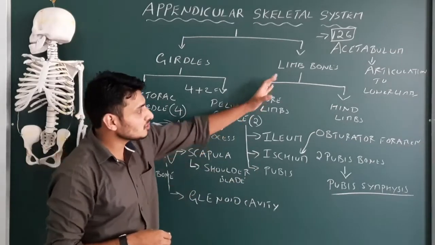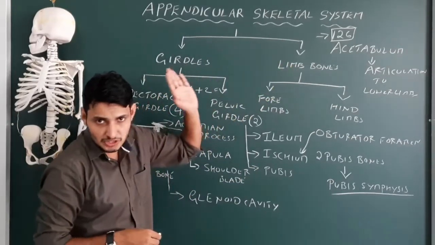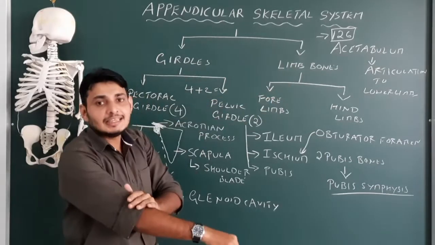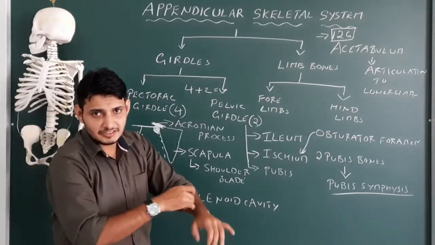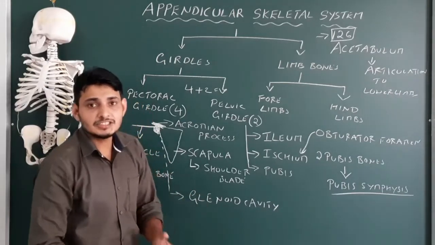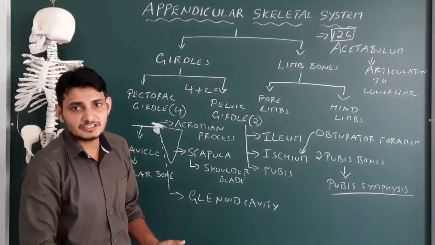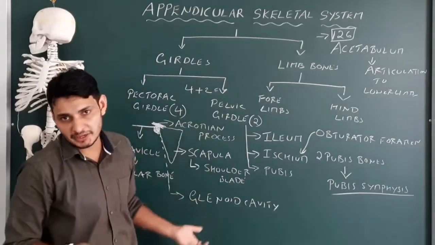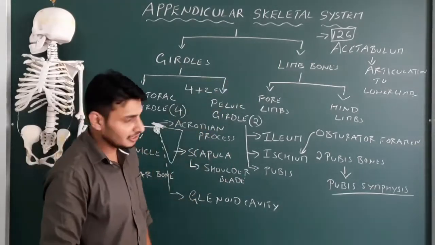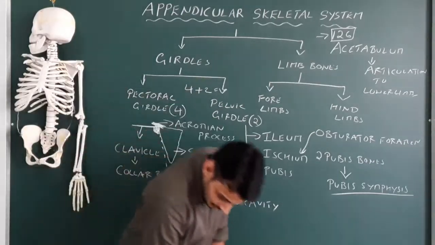Okay, so let us just discuss the structure of the limb bones. That is 30 present in each arm. For example, like 30 here, 60, and 30 in each leg. 30 plus 30, that is 60. So 60 plus 60, it is 120. So 120 plus 6, 126. That's it. Let us see the names of it in order. Okay, let me erase it.